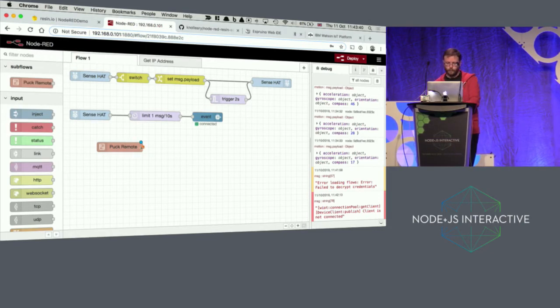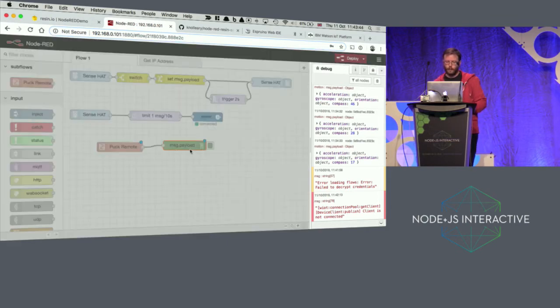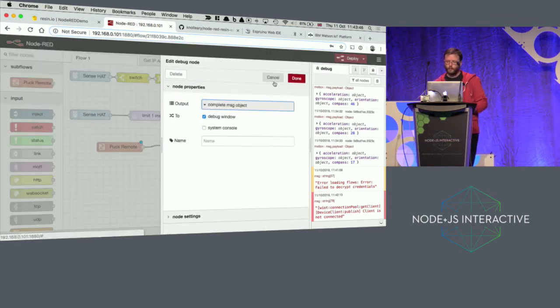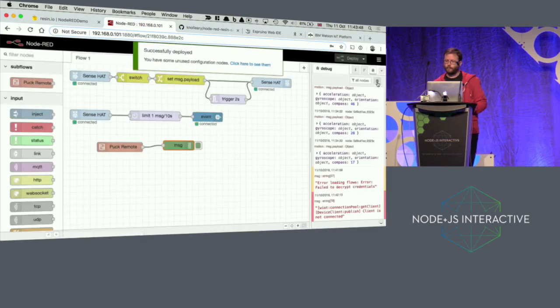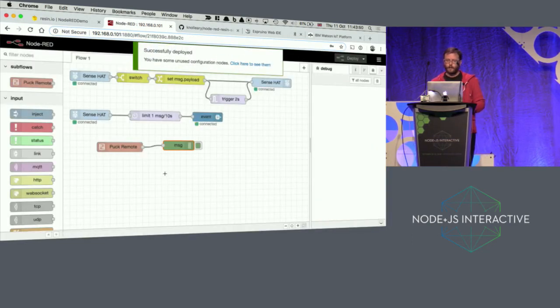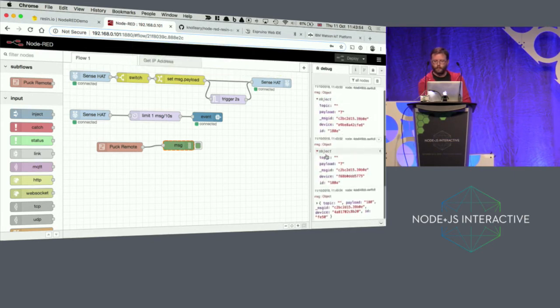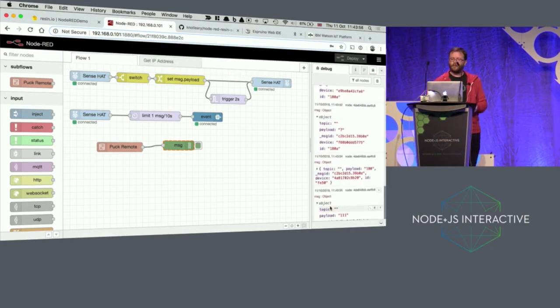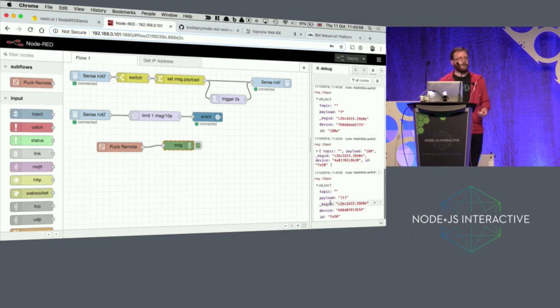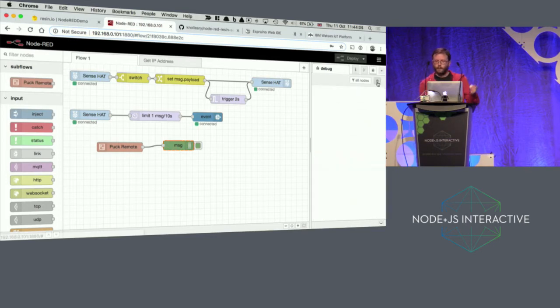In fact, let's just show that doing something. So we wire that to a debug node. We want to see the full message. So now, oh, there we go. So these are all Bluetooth LE devices in the room that are advertising features. As I say, probably a lot of these are Fitbits and things like that. But if I press this button once,